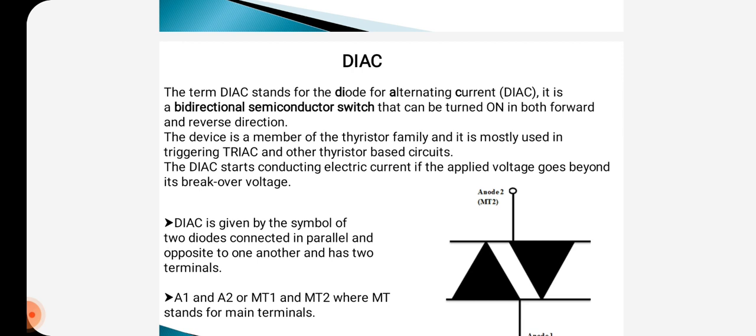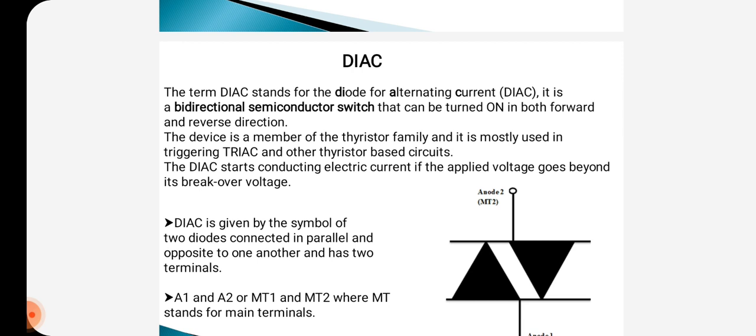If voltage V with terminal 1 positive with respect to terminal 2 exceeds breakover voltage VBO, then the PNPN structure conducts. In case terminal 2 is positive with respect to terminal 1, when V exceeds breakover voltage VBO2, then the PNPN structure conducts. The term DIAC is obtained from the capital letters of diode that can work on AC. The figure gives the circuit symbol and IV characteristics of DIAC.